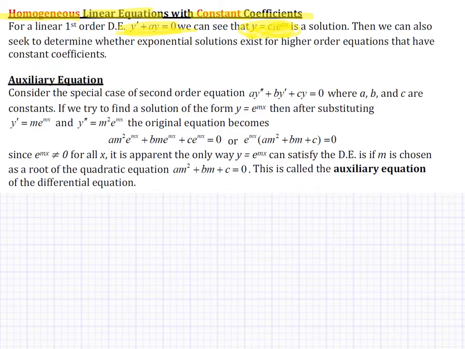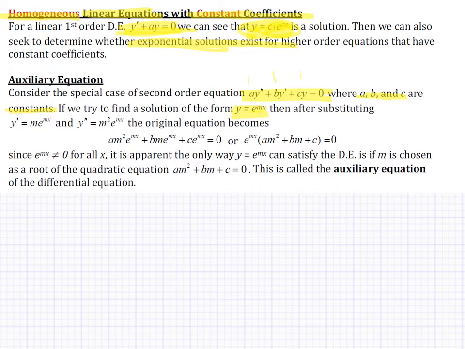So then we go, well, if we increase the order to second, third, fourth order, but still keep it with constant coefficients and homogeneous, we should probably expect that exponential solutions should exist there as well. So let's make the assumption that they do. So we're going to look at a second order linear homogeneous differential equation with constant coefficients. The constants will be a, b, and c. So a, b, and c are just going to be constants. And we're going to make the assumption that some exponential function, say y equals e to the mx, would satisfy